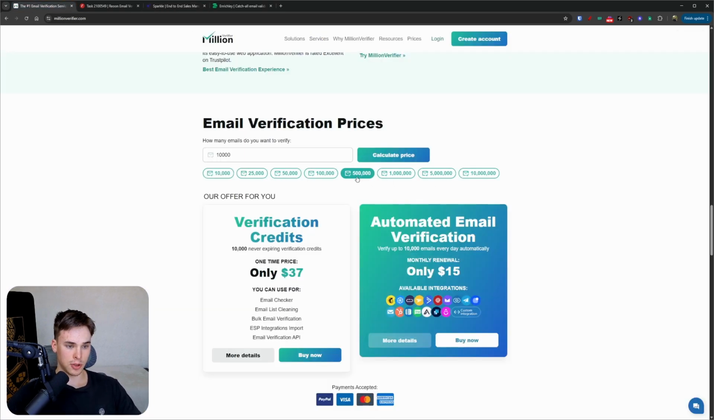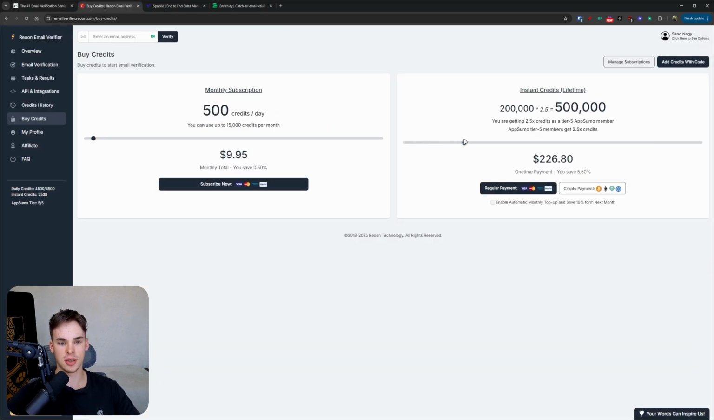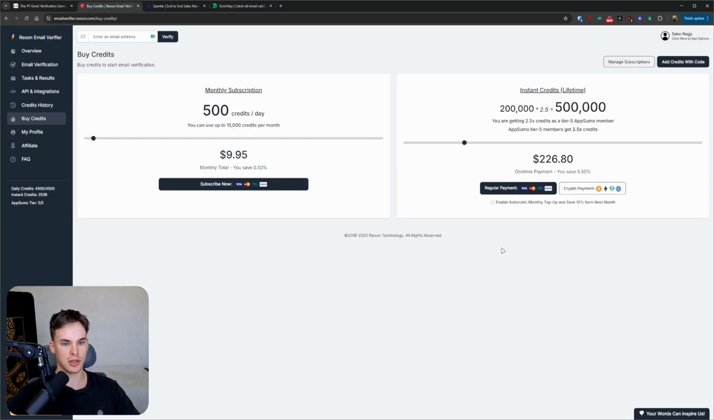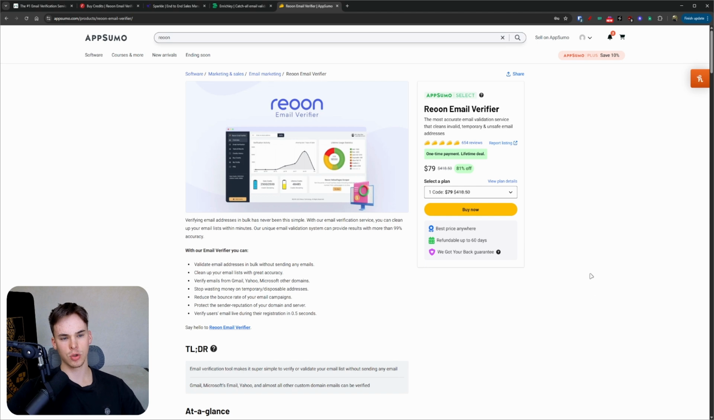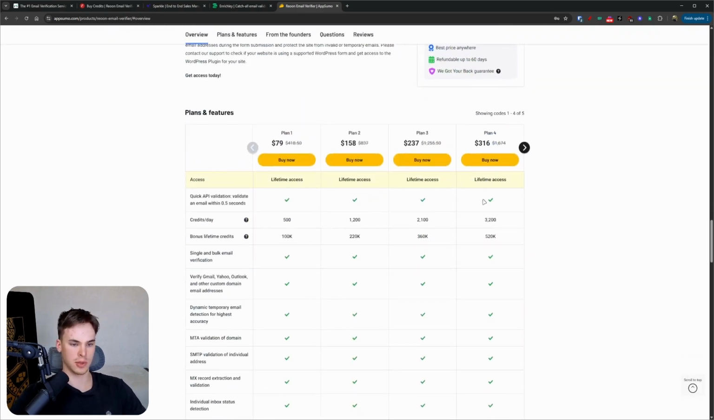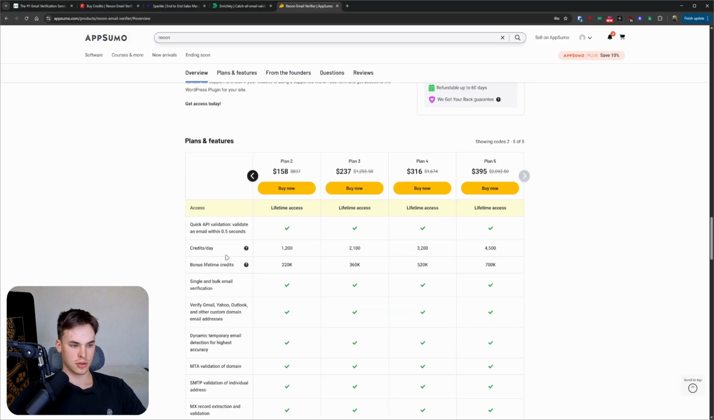And well, if you want more, like 500K, it's obviously better to buy in bulk. It's $250. For Reoon, it's quite a lot cheaper for me because I do have the lifetime plan. So what that means is on AppSumo, you can get lifetime access to this tool for a certain price. I have bought the biggest plan, which is 400 bucks, but it gives you 700k credits and 4.5k credits